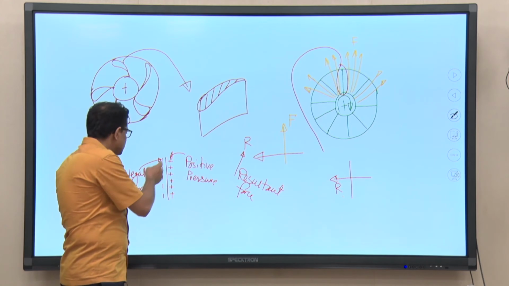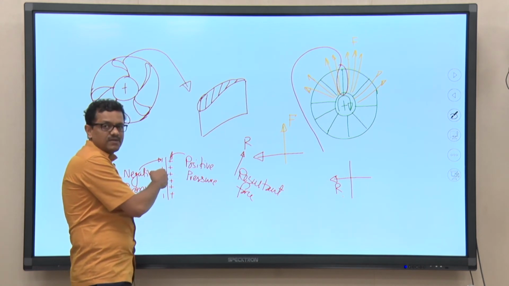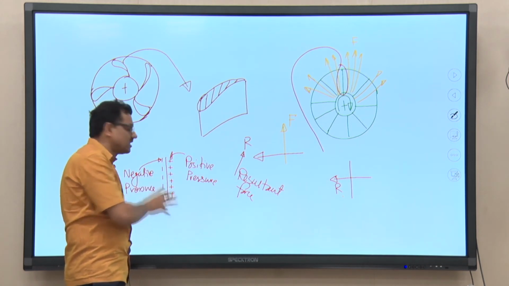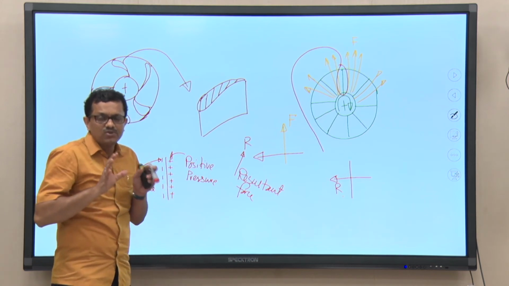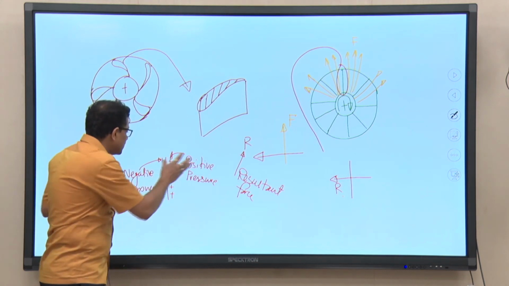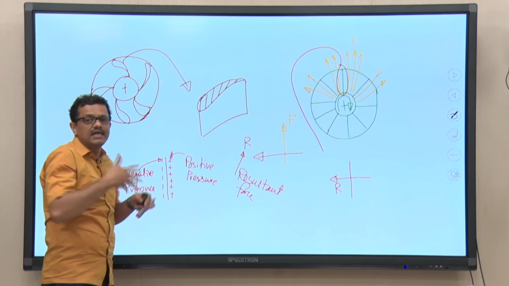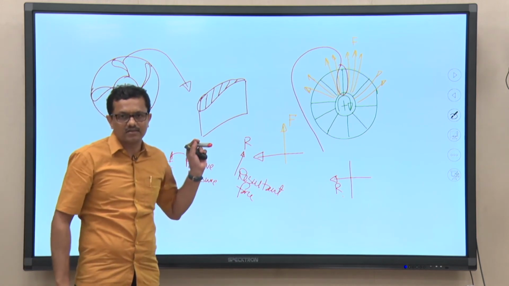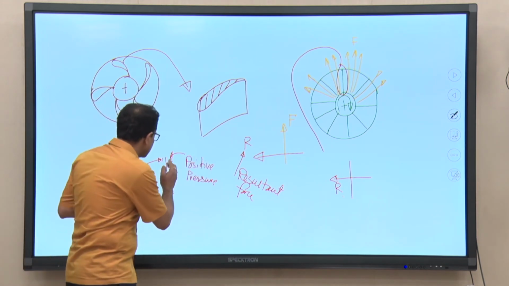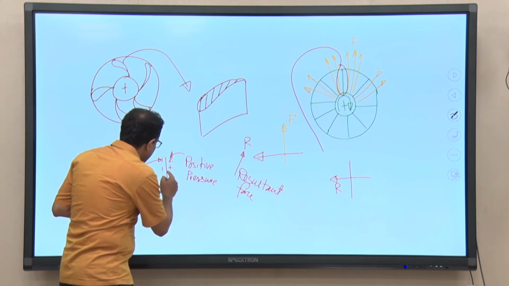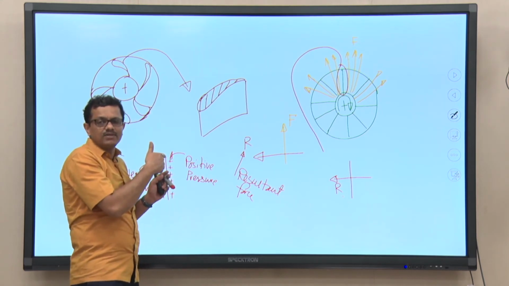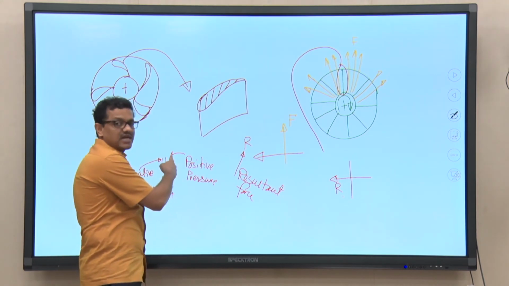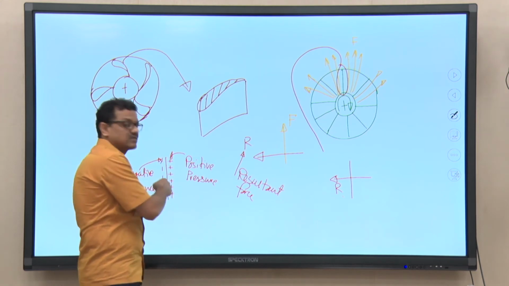while since the pressure on the other surface of the blade is relatively lesser, the word negative pressure is used. So, you should not be confused by the words positive and negative. The negative pressure is not a vacuum pressure, that is not the case. Basically, again I am telling you, that is what I have used, and that is why this is known as the pressure side of the blade and that is known as the suction side of the blade.